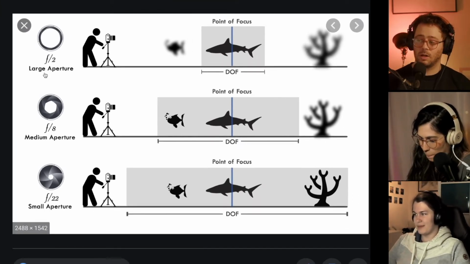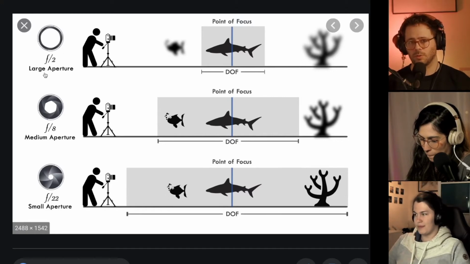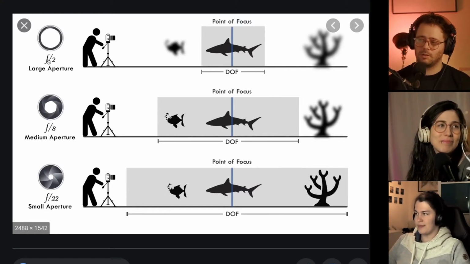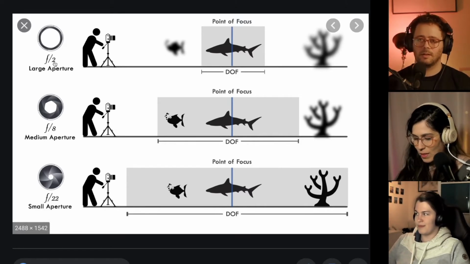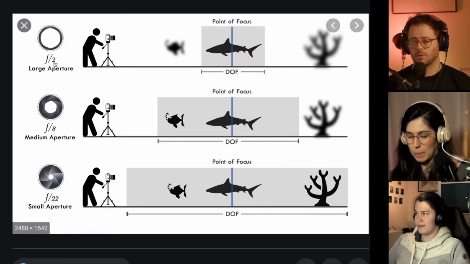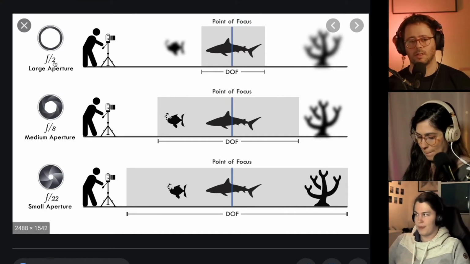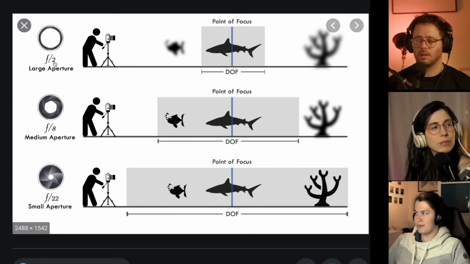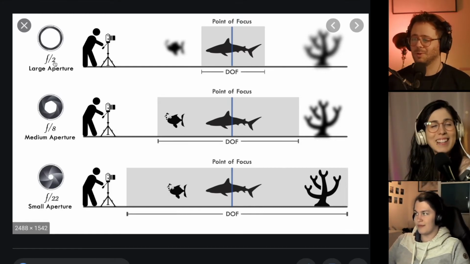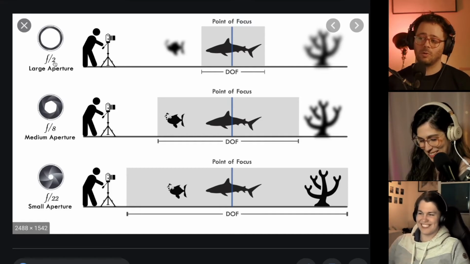So a large aperture, which is also confusing because aperture, if you can see here, is f divided by 2. F stands for focal length. So when you look at the lens, it says 35 millimeter. That is your focal length. And if you already know all of these things, I'm sorry, but we have to talk about them. So 35 millimeter is your focal length.